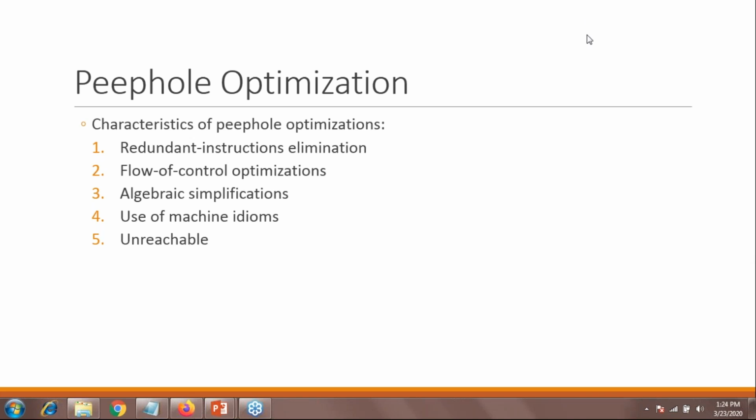Just give me the answer: what is peephole optimization? Write down the answer in the question part only.